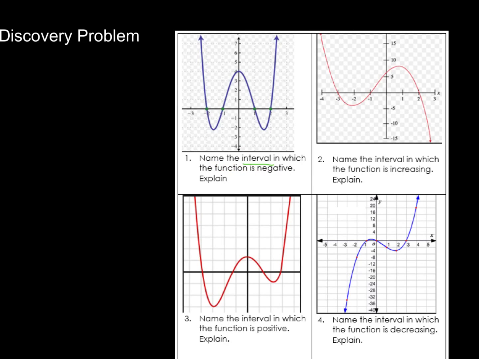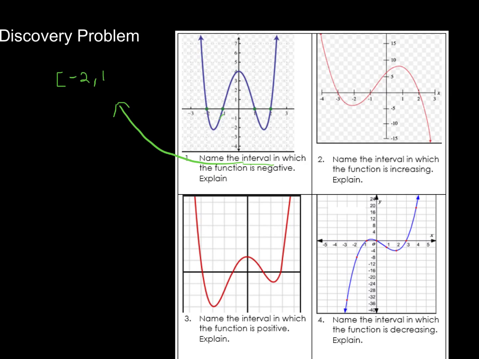So for these questions, let's take number 1, for example. You want to name the interval in which the function is negative. In other words, you want to name the x values for which the function is negative. Let's just do 1 together. If we take a look at 1, we notice that the function is negative between -2 and -1. The way that we can say this, instead of saying all x values greater than or equal to -2 and less than or equal to -1, what we can say is that it is negative on the interval